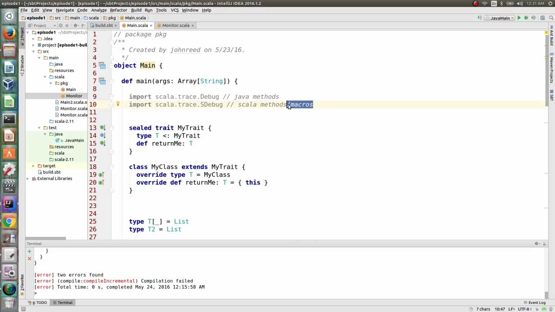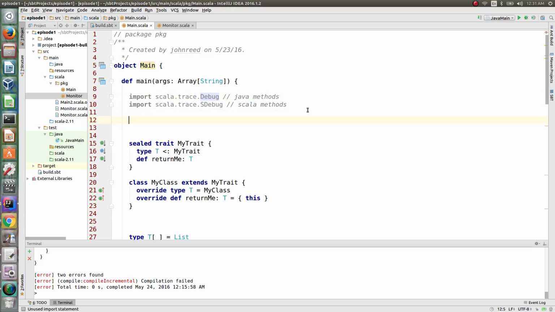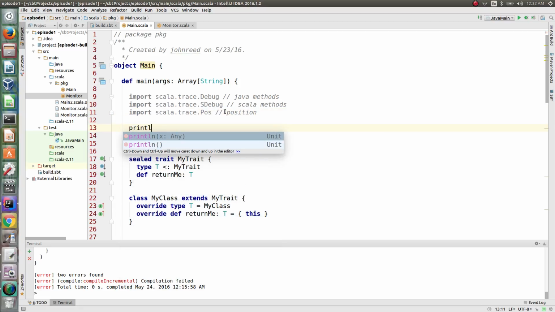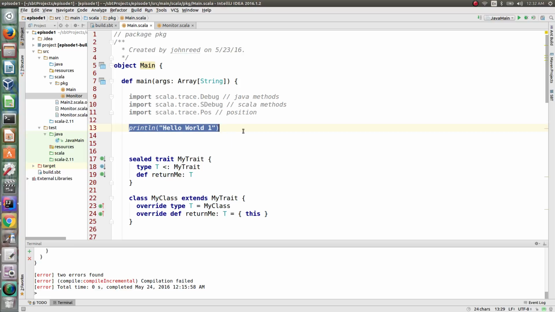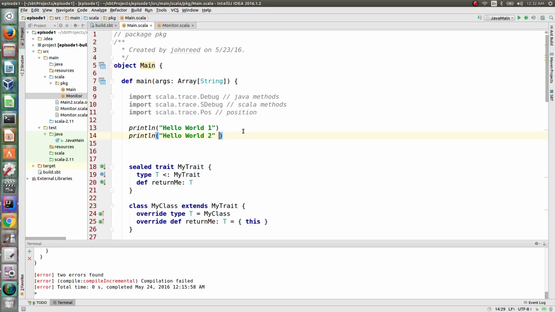So for example, if you wanted to print a desugared expression, that would be an sdebug. We'll just worry about these two. So for example, actually let's start with pause, because that's the most used one, right? So dot pause for position. So if we did println hello world 1 and then println hello world 2 plus pause, and then we ran this,